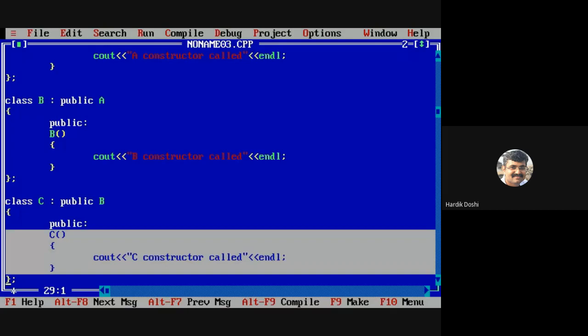Now there is one exercise for you. Similar to how the constructor works in simple and multi-level inheritance, which I have shown you, now you have to search it out for multiple inheritance. How does the constructor work in multiple inheritance? In what sequence is it executed? Is it fine, all of you?